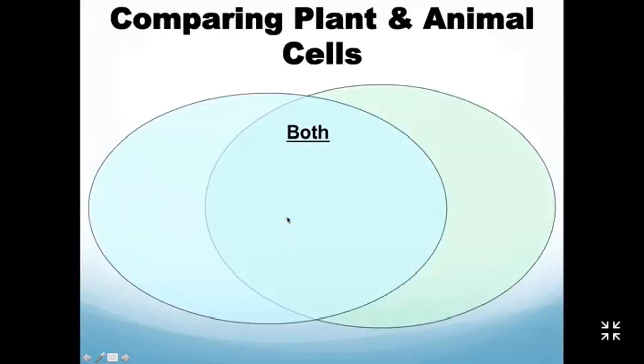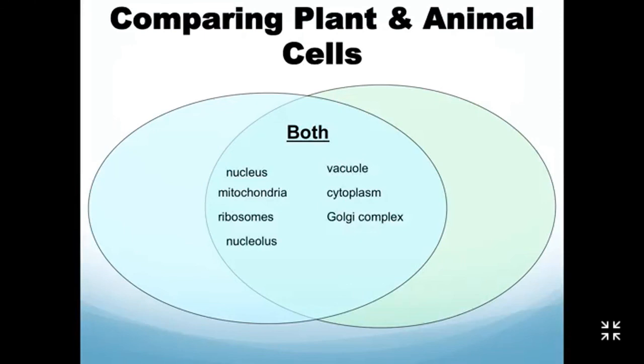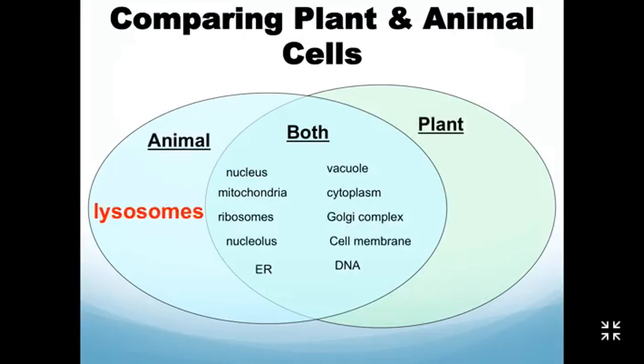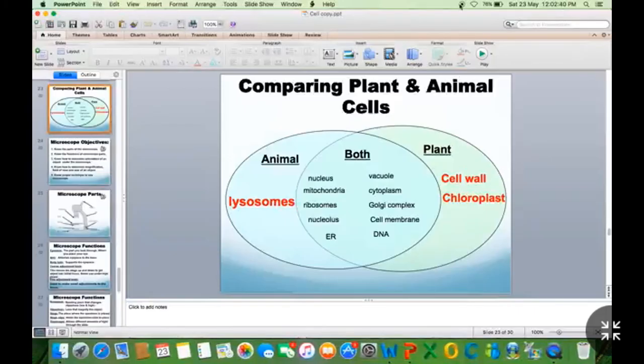And of course, just to compare both the animal cell and the plant cell, as you can see here, the only difference is that the animal cell contains lysosomes while the plant cell doesn't. The plant cell contains a cell wall and chloroplast while the animal cell doesn't. This is the difference between the two. So I hope that you have learned about the